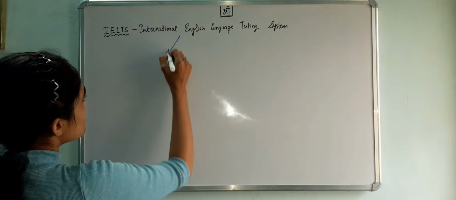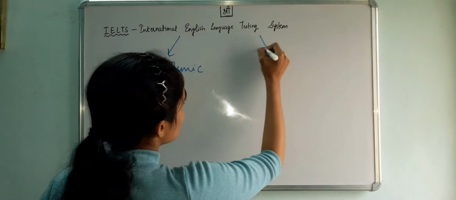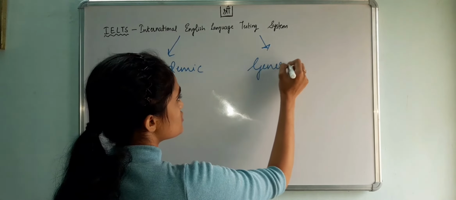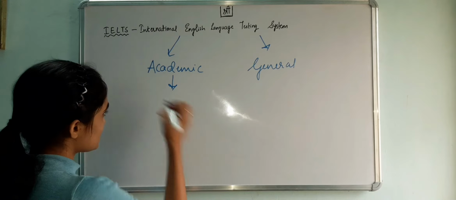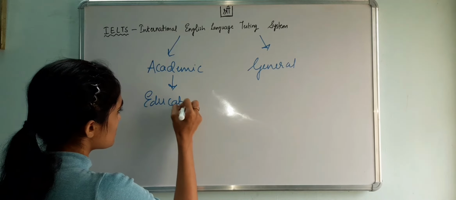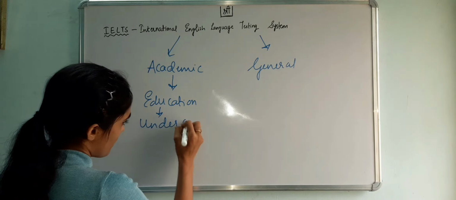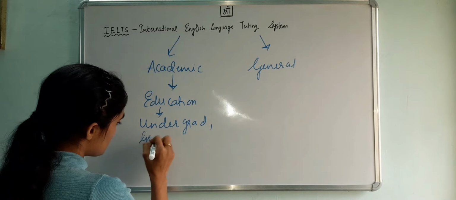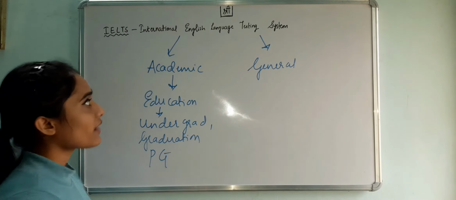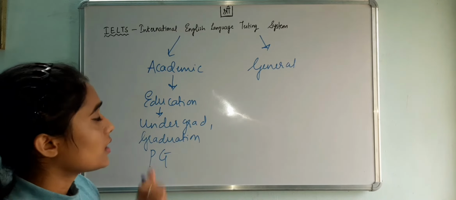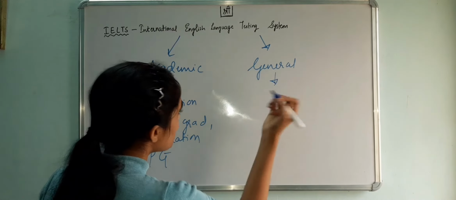So one is academic and the other one is general. This academic exam is for education purposes, like graduation, or for students who go after 12th. So we can say undergrad graduation and post-graduation. We need to give the academic IELTS exam for studying in those particular countries, and general is for immigration purposes